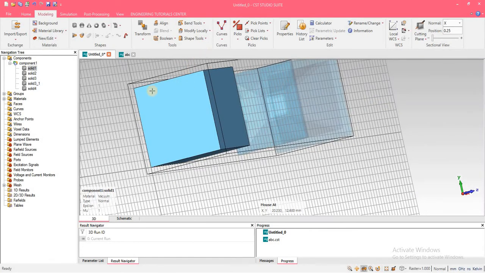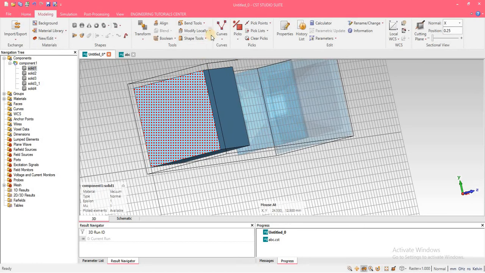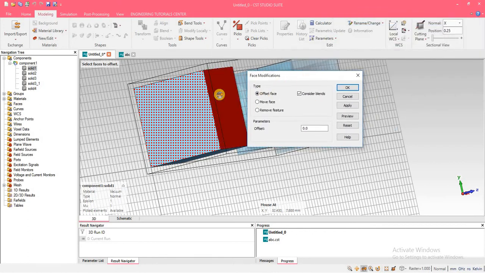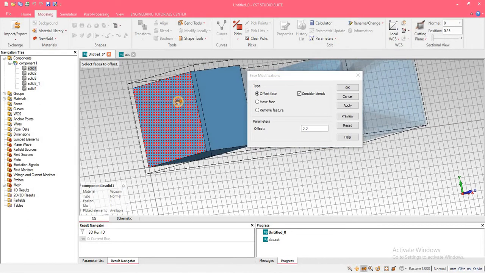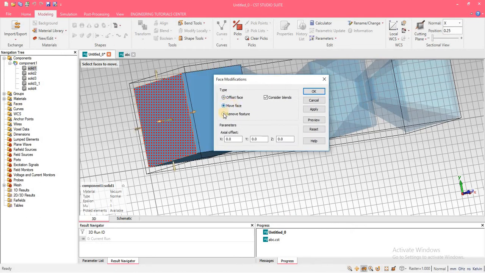Now let's see how we can modify the face of an object. Just pick the face of that object and go to modify face. Here the dialog box will appear. If you want to offset that face, you can move it or you can remove it. I want to move that face.